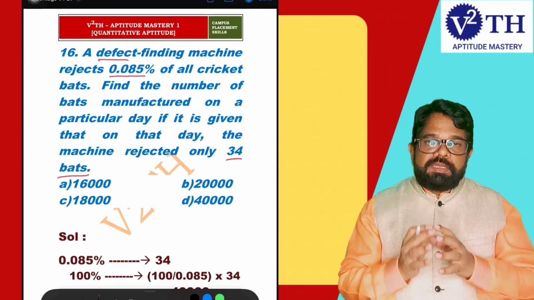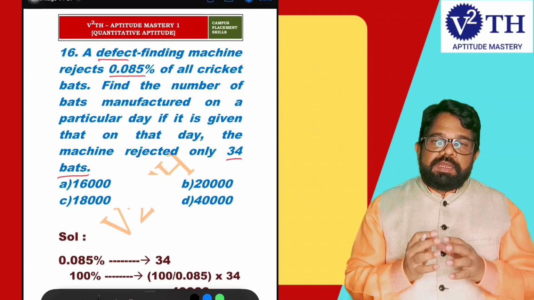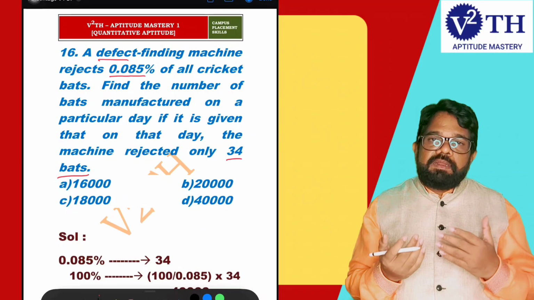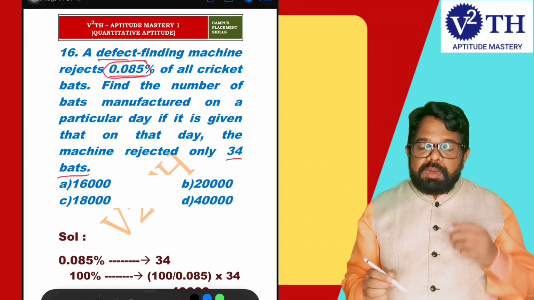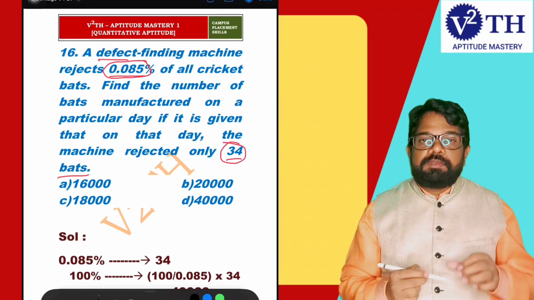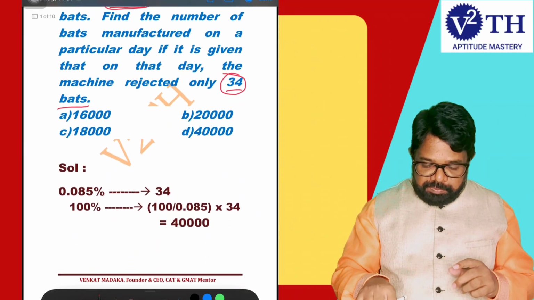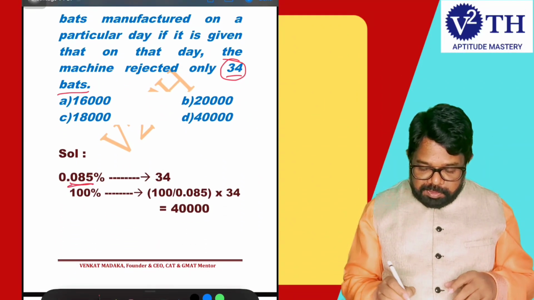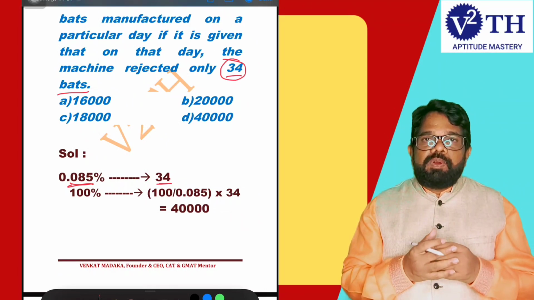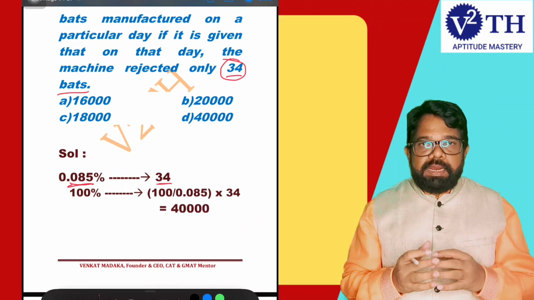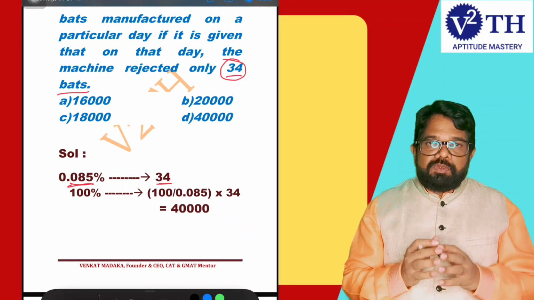So first you have to analyze the given data. On a particular day a machine produced the cricket bats, but it rejected 0.085% according to percentage, but according to number it is 34. So 0.085% value is 34, clear here. Now what is the total number of bats produced? That you have to calculate. Total means always 100%. So one clue is given,